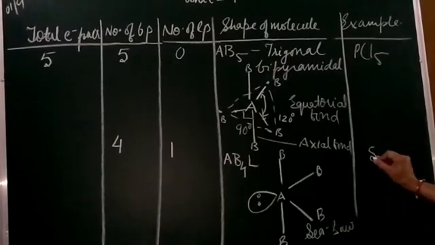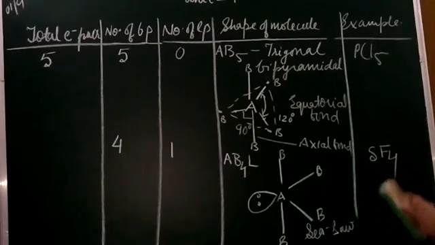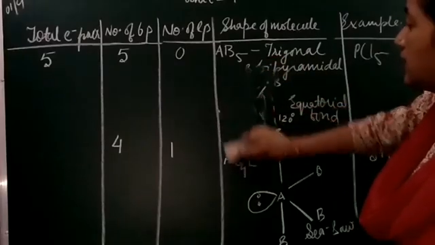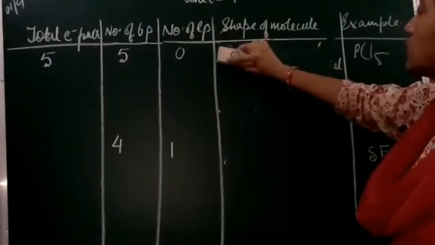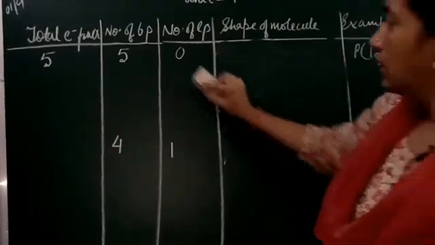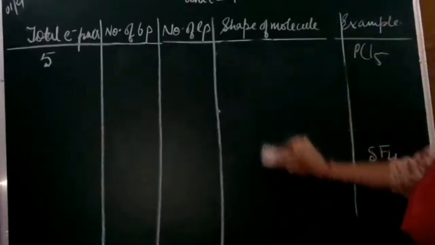And here we have the example of the SF4 molecule. I hope the board is visible, the written work is visible to you all. So AB4L: here we have four bond pairs and the presence of one lone pair, so the shape will be known as the seesaw shape. Now the next, we can have one more type. Just see what it can be. We have to get 5 electron pairs in total. So what can be the shape of the molecule, students, here?